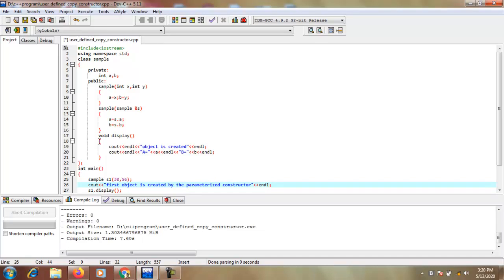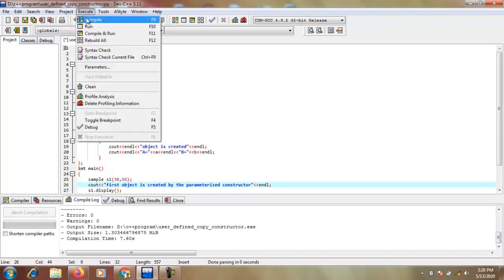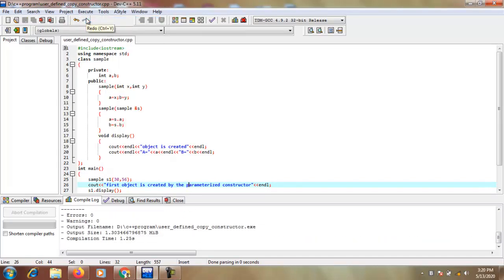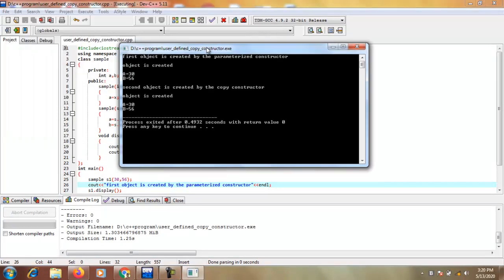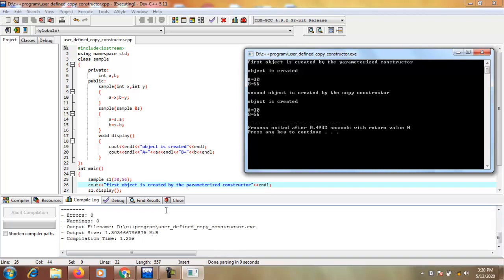First I compile this and then run the program. Okay, so first display the result. The first object is created by the parameterized constructor.